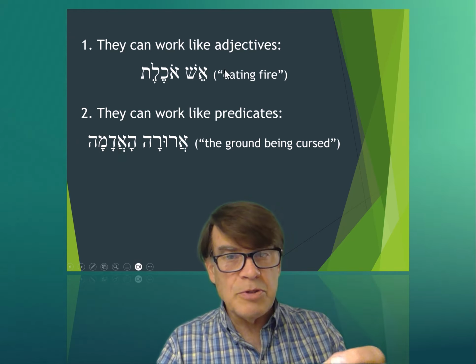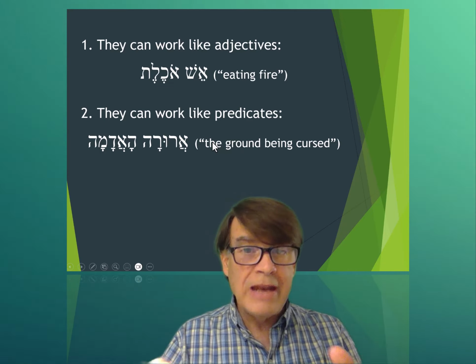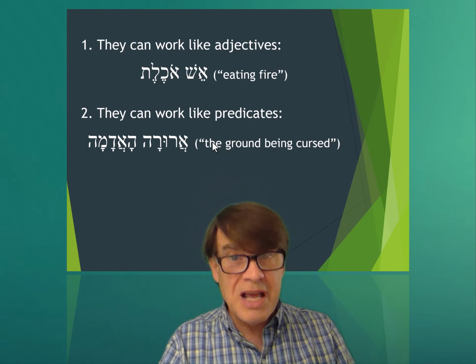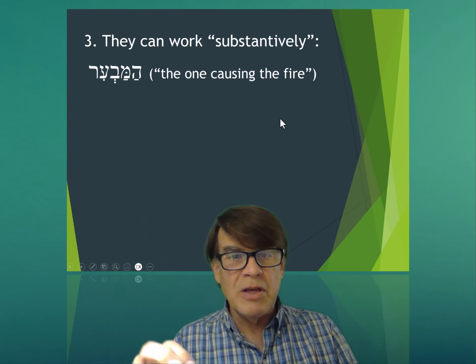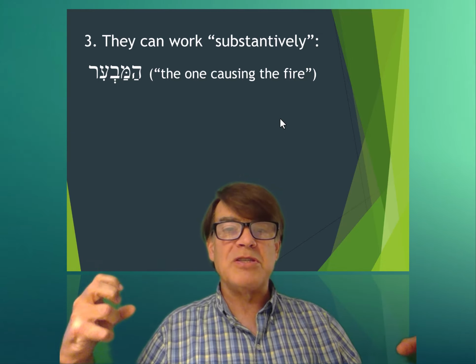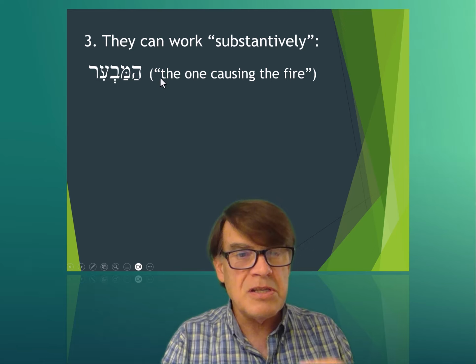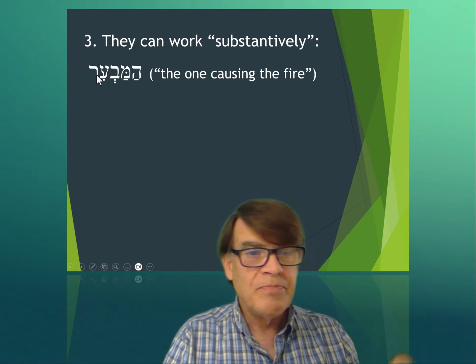So participles can function like straight adjectives. They can be used like predicates, and even the present. They can be used like a present tense sometimes, and they can be used what's called substantively, where the adjective reaches into its heart of hearts and pulls the substance out of a noun. So this is literally ha-mav'ir, the